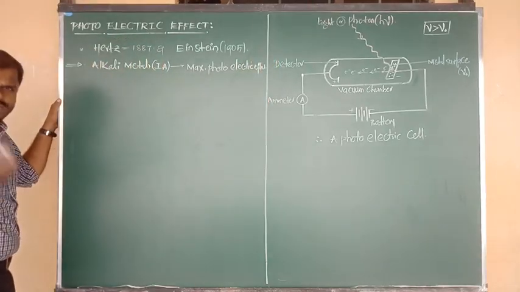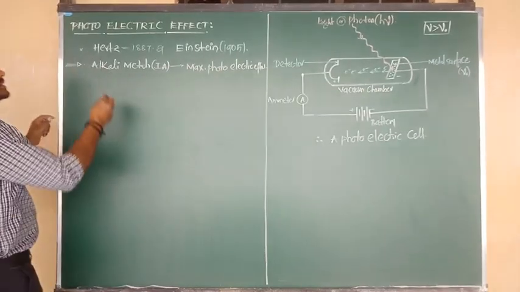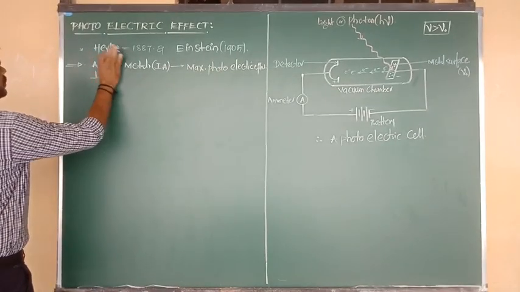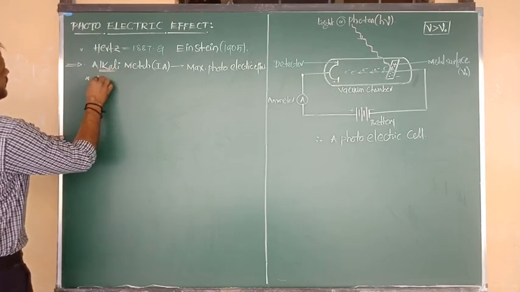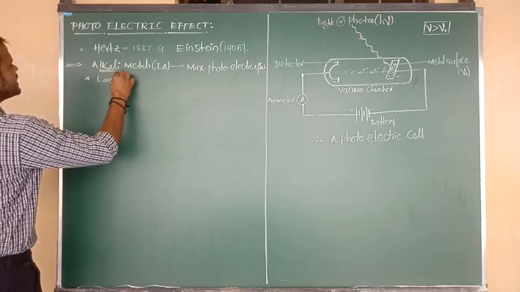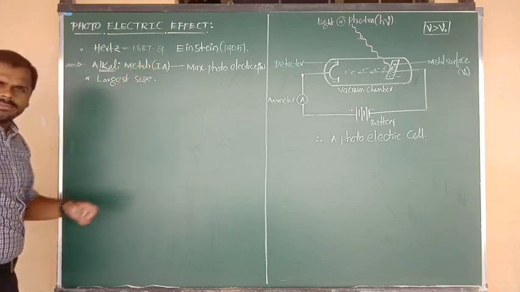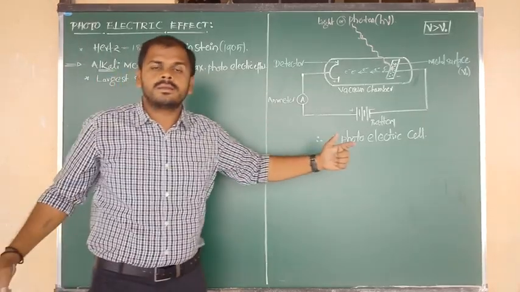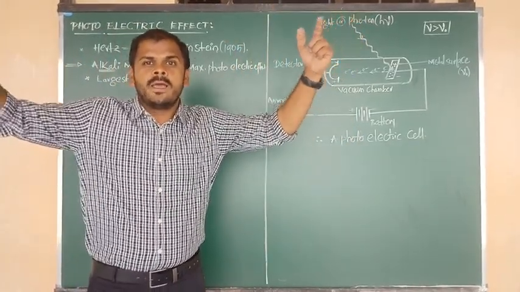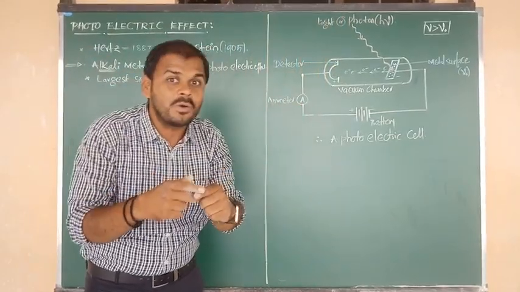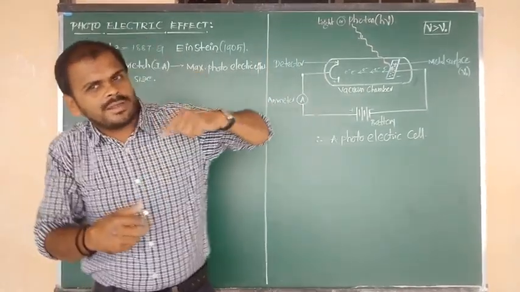Okay, so question and answer. Sir, why do alkali metals exhibit the maximum photoelectric effect? The reason I have already told you. Reason number 1 is that alkali metals have large sizes, the largest atomic sizes. The meaning of largest atomic size is that the valency electrons present in the outermost orbit are free from the nucleus. So on the fall of incident light, they will absorb the energy and get excited.